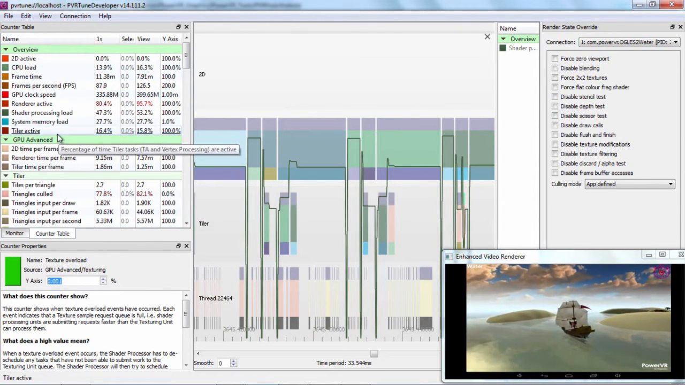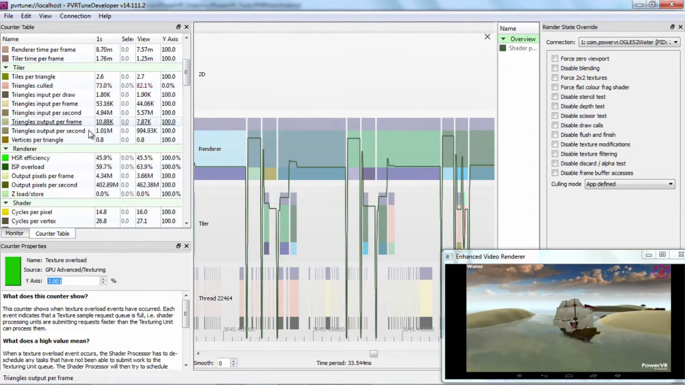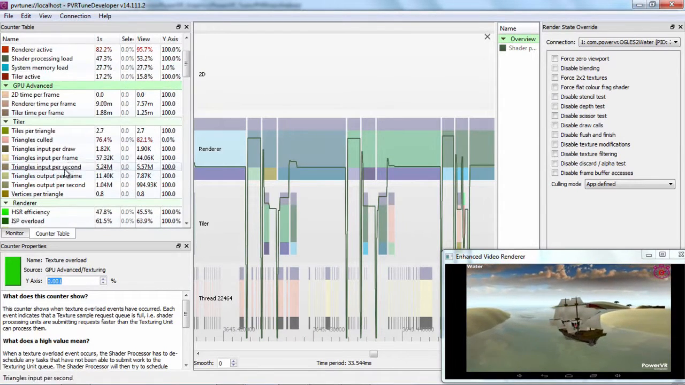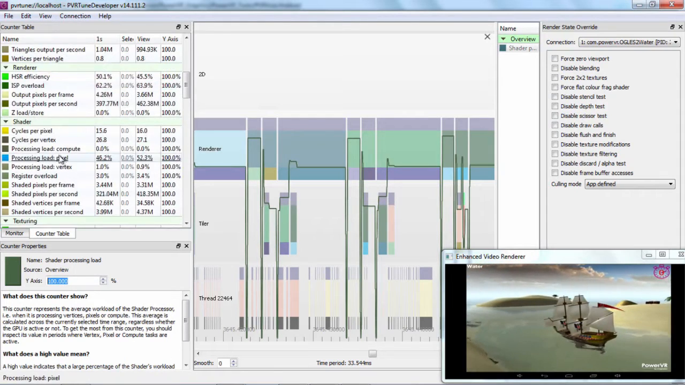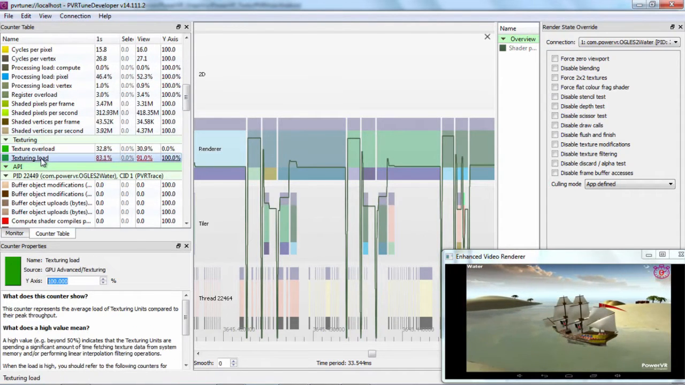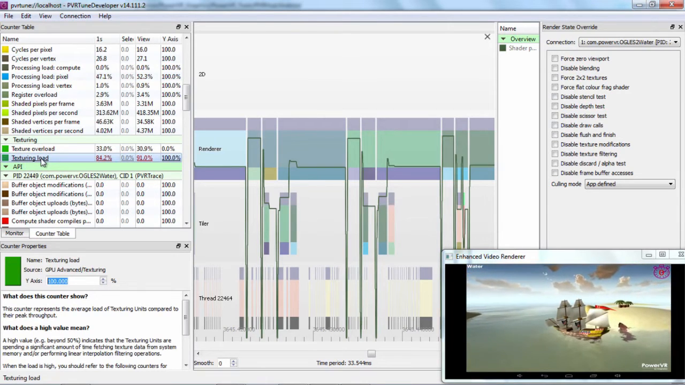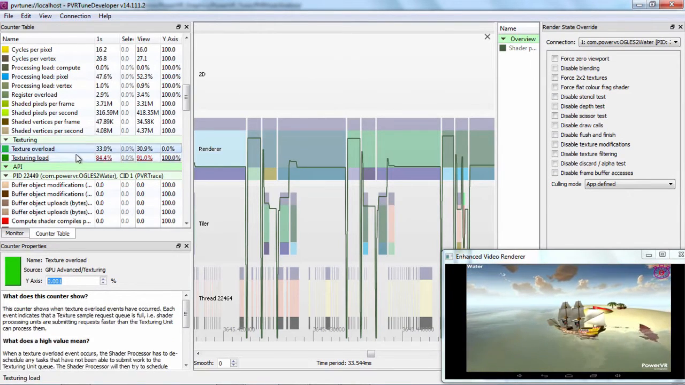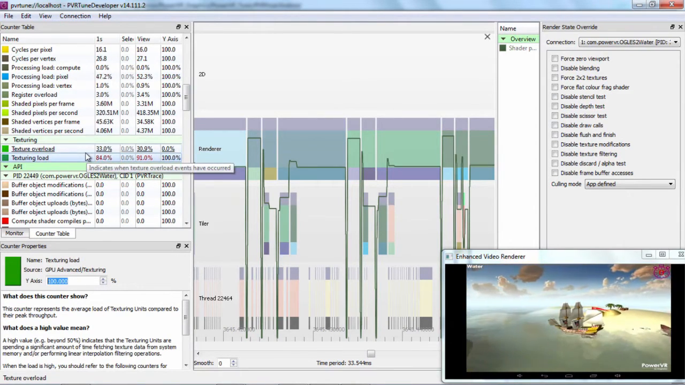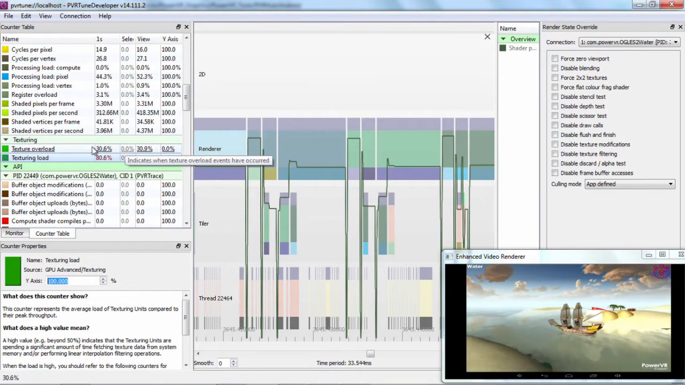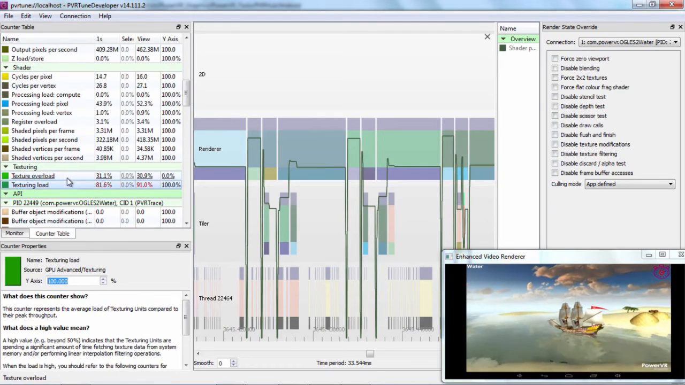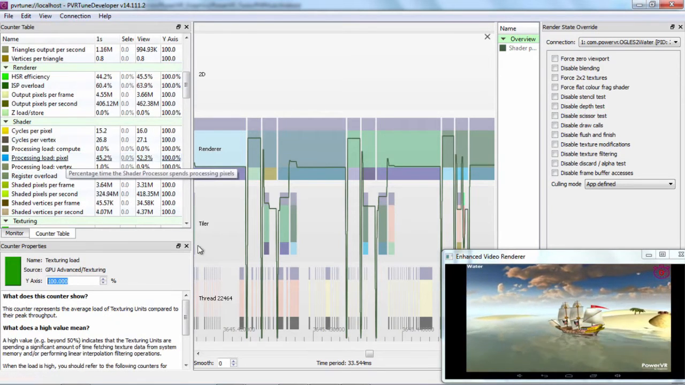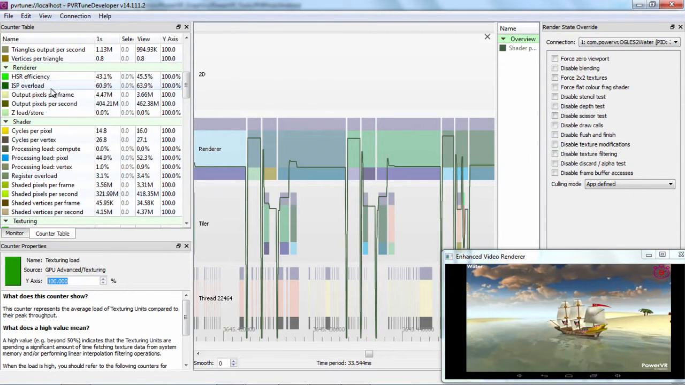So what other counters can be useful in different use cases? In this case, just by looking at shader processing load and then at the texture counters, we've quickly figured out that in this application we are bound by texture read speeds and the bandwidth of the system, and that's our main performance bottleneck. But what other kinds of cases could we see? Well, if texturing load was fine, it was still at 0%, but shader processing load was still quite low, we might want to look at something like